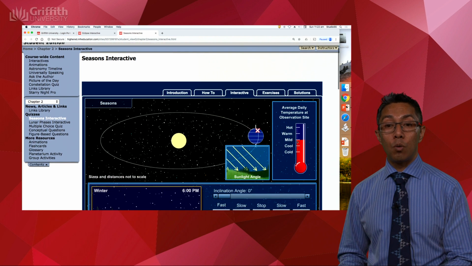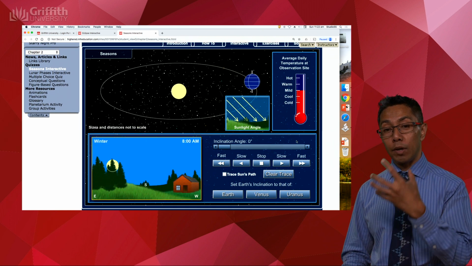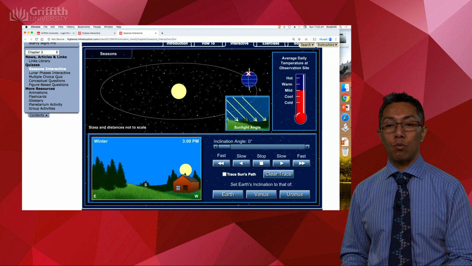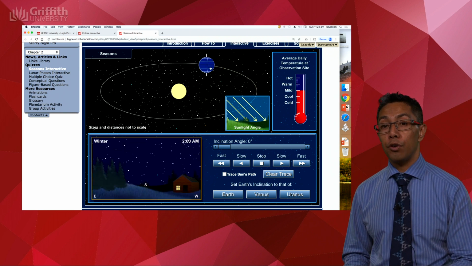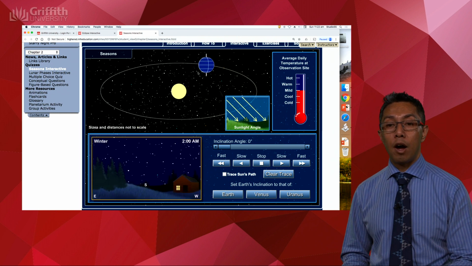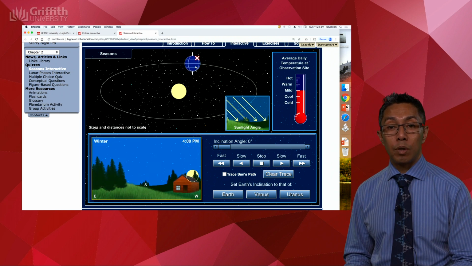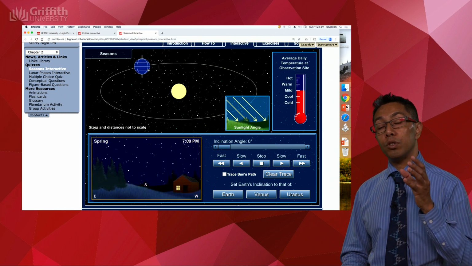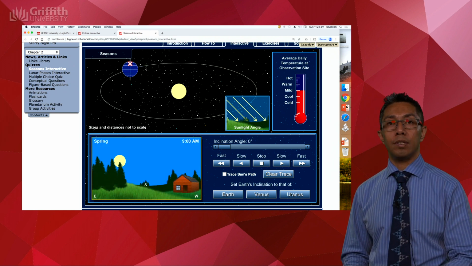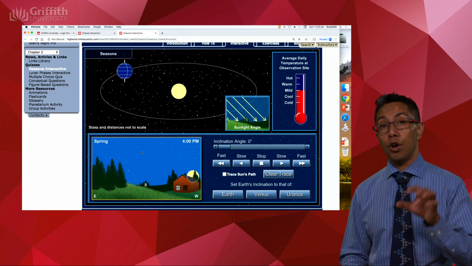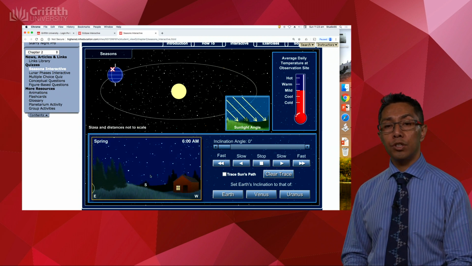Now, this is actually quite a good one, because you can actually play around with the actual elements. So you can move things around. For example, I can move the Earth to various places. I can see the sunlight angle as we move to various places. Now, what's also good about this simulation is that it gives you two different views. So here we have, if you were on the ground and you were watching the sun transition the sky,